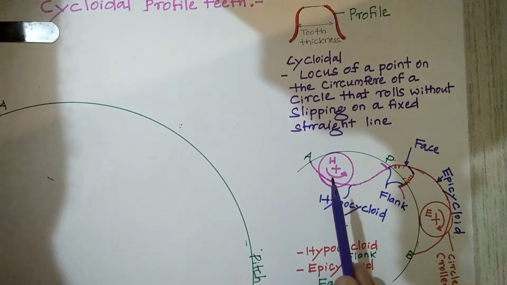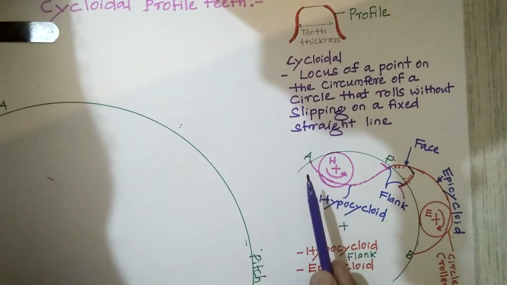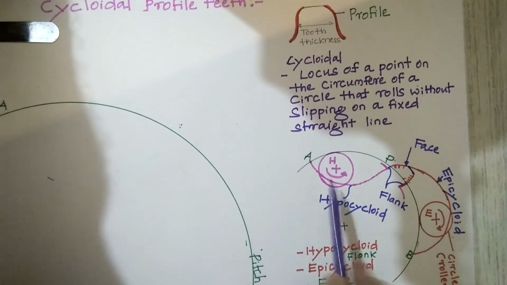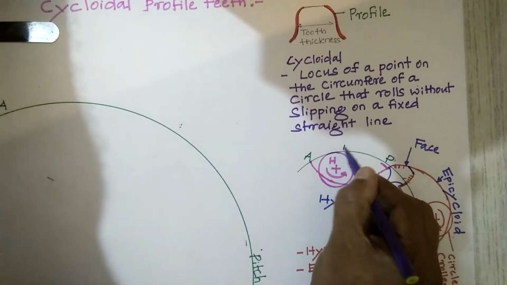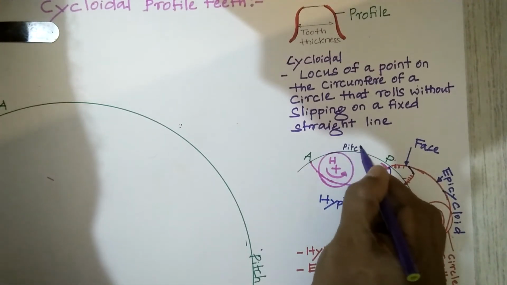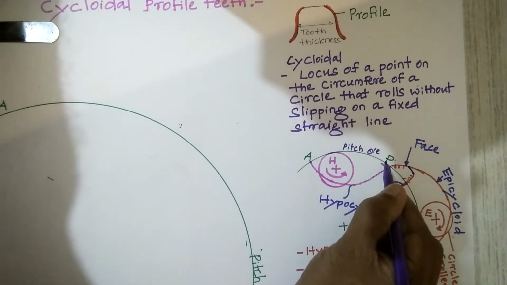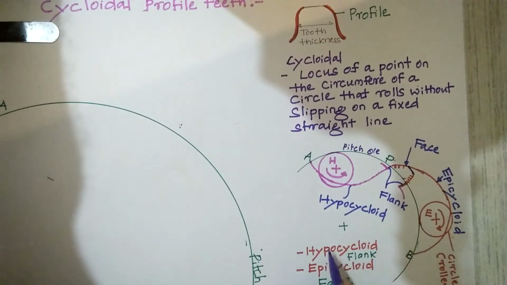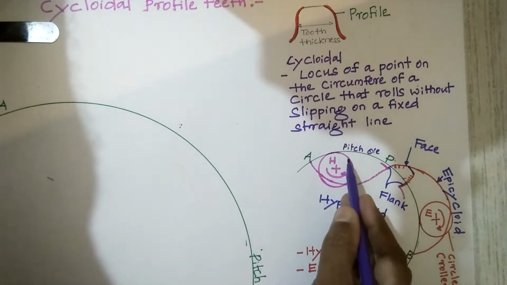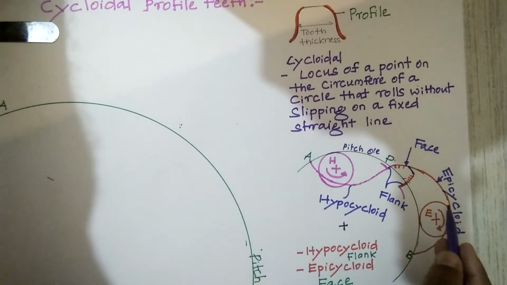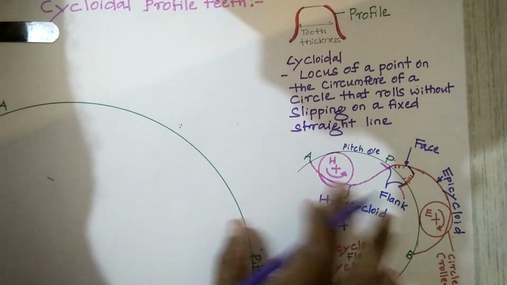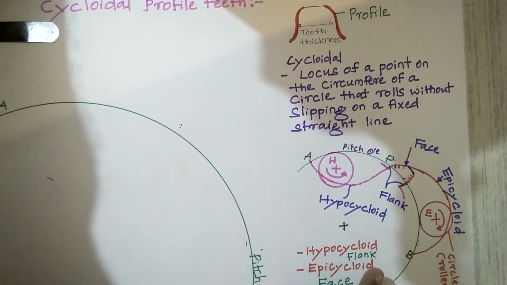Look at this one. How to draw the cycloidal profile. Now, I have taken one circle, this is a pitch circle. I have drawn this pitch circle. Okay, pitch circle is nothing but P B, with the center as this one. Then I have taken two rollers at the bottom. Here I have taken one roller, and here also I have taken one roller, with a different color. Okay, first I will draw the hypocycloidal, and at the same time the epicycloidal.